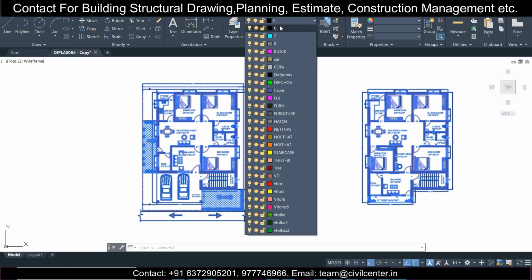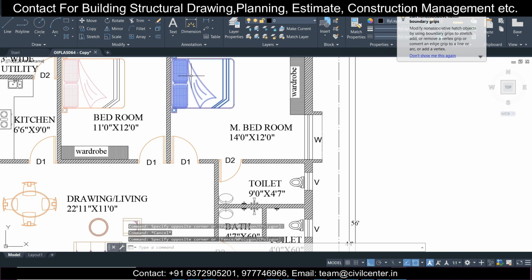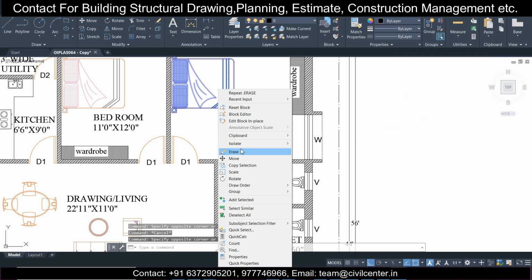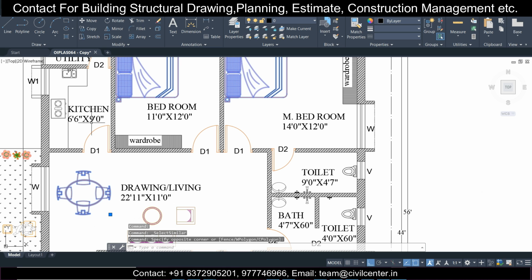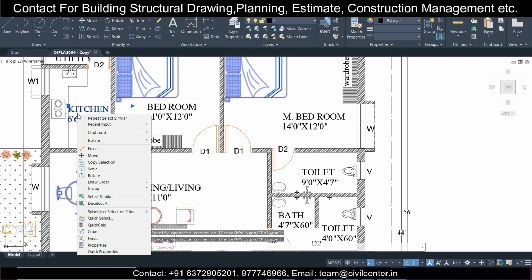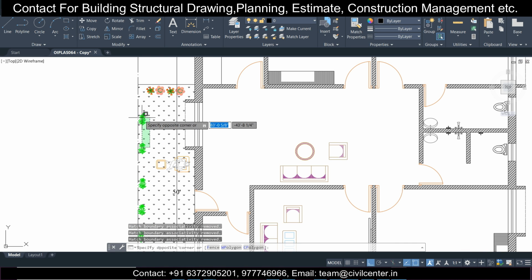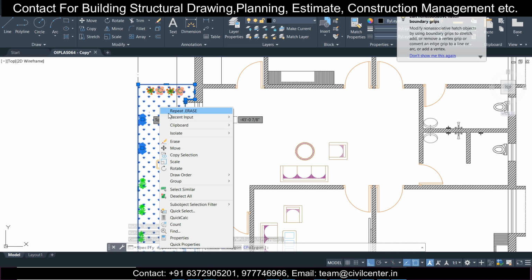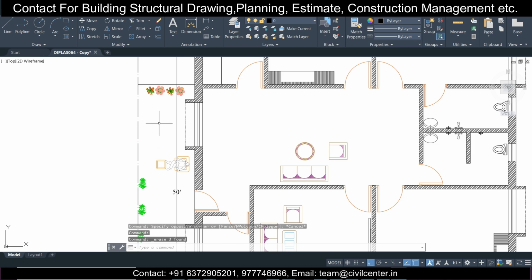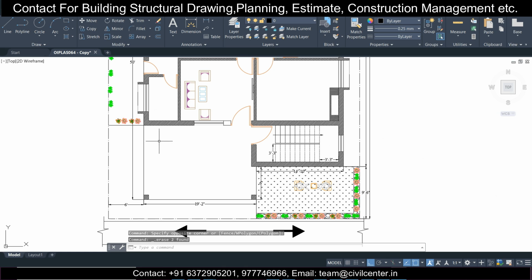So we have done this in the zero layer, and I want to do this in the layer properties. I have to select a furniture layout block and right click, and then select similar. If we have the select similar option here, we can select this, right click and select similar, and then delete the text also. We don't need the text, the hatchings and all, we can delete this. So you can delete the architectural components. Make sure you keep a copy of this for the particular things which you want later, so you can keep a copy of those things and delete this.